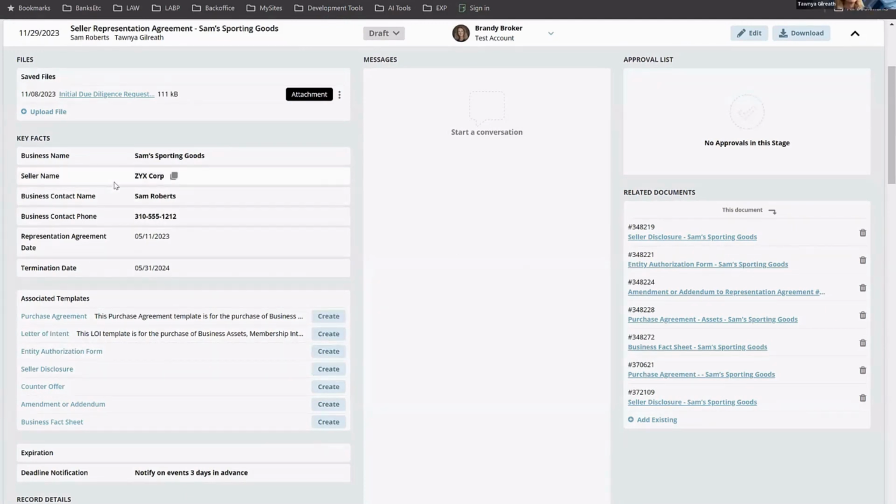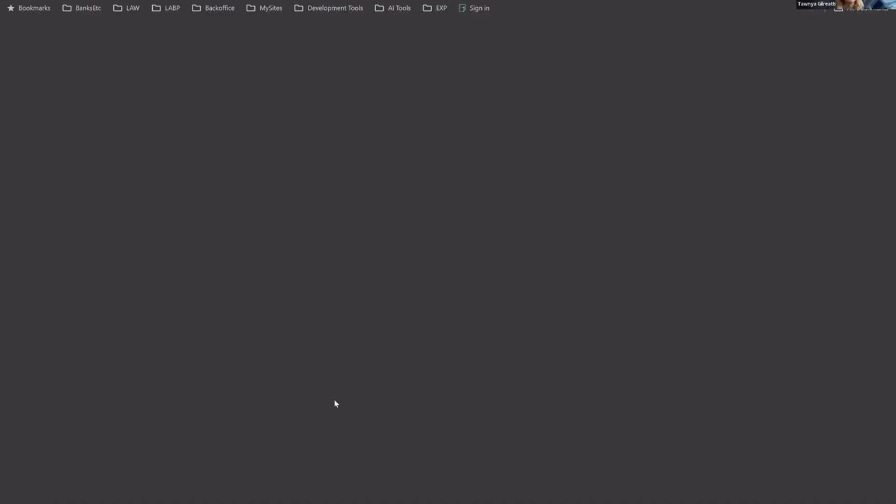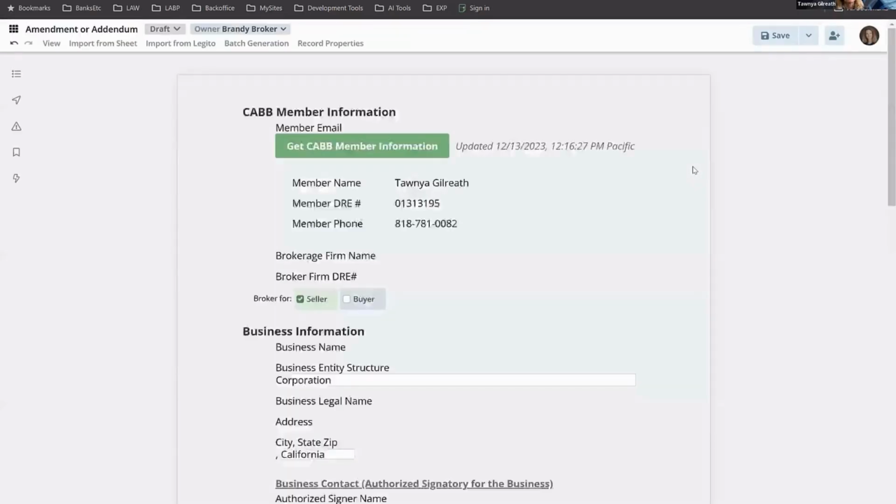Once you have a seller rep agreement, you need an entity authorization form. You create that from here, or your seller disclosure, you create it from here, or an amendment. If you want an amendment to your rep agreement to extend it, let's say your rep agreement's coming to an end, or you want a price change or something like that, you need a quick amendment. I mean, you can literally do, like, I'll show you how easy it is to do an amendment in Legito. I love these because like 30 seconds to,